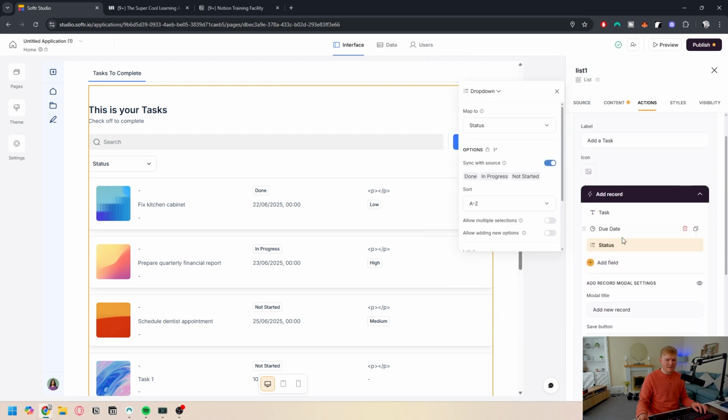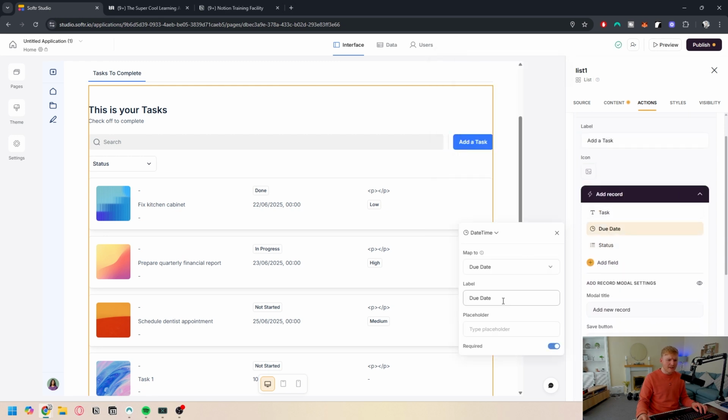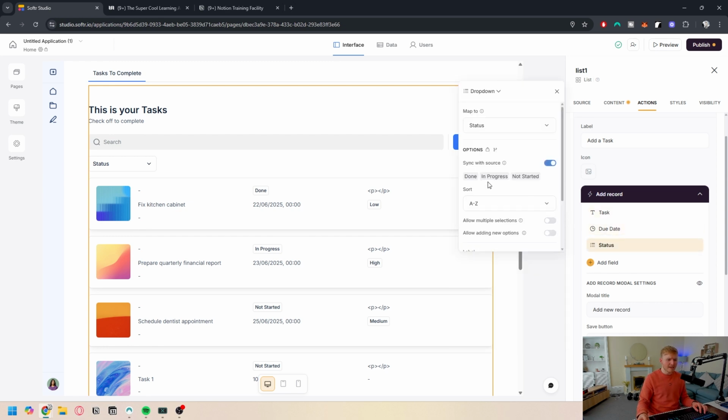It doesn't have to be the case for all of this, but this is allowing them to select the due date with what's going on. So task, obviously we've got a placeholder here of client task. We could have that as something on that front. And again, you can add a whole bunch of things in here. If you have something like the details of it, or a description that you want the client to give, this can be a great way to do it. So it means they're going to be able to select this, and it also means they're going to be able to allow multi-selects, or you can allow status, or you can have something that's required for